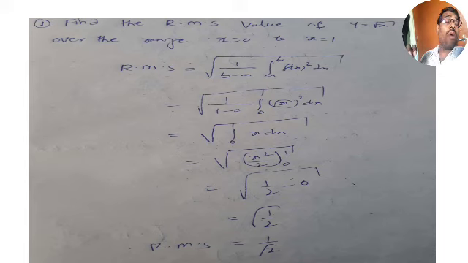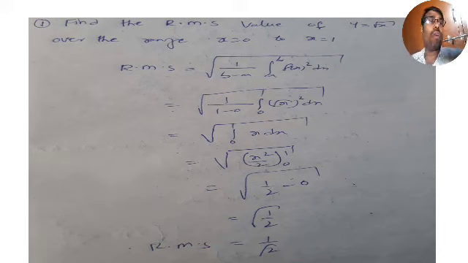Today we are going to learn one more new topic, that is RMS value. RMS means root mean square value. Why do we call it RMS? In the formula there is a square root, it looks like a mean, and there is a square. That's why altogether we call it RMS. In examinations many times it says find RMS, so you have to find RMS.